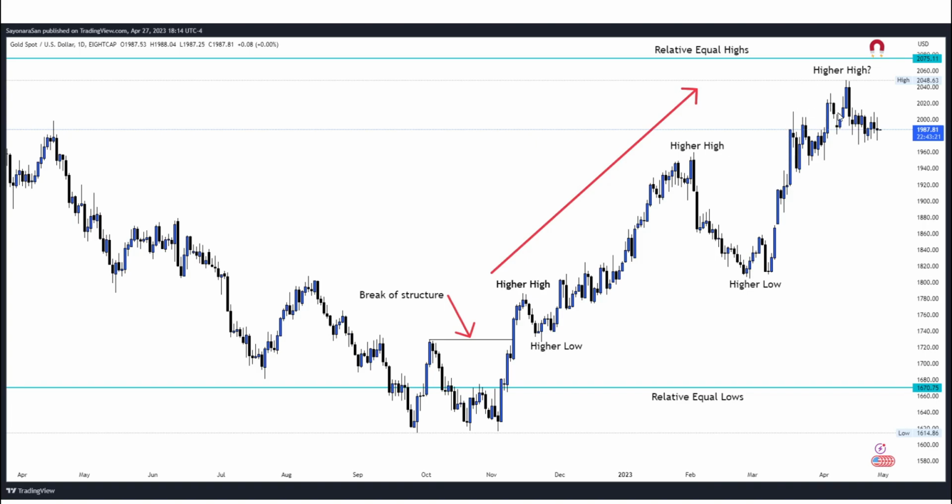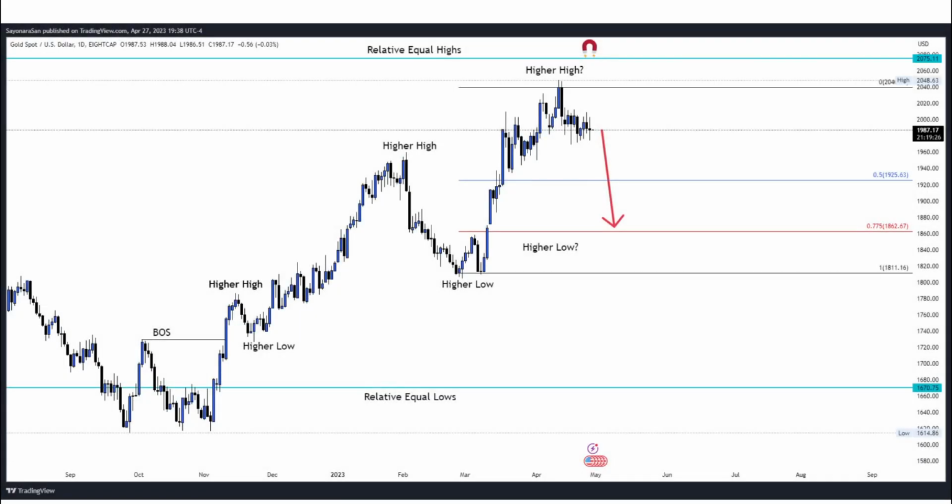This is where I can begin to speculate on what price would like to do. So, looking at the information we have now, I'd want to see price create another higher low before continuing the move that gives us a higher high, which looks like it would reach our objective of 2075.11. And so now I can speculate on price objectives for the retracement using the framework of this previous high, being the higher high, and building a dealing range using it, putting our long-term objective at 1862.67, the optimal trade entry for this dealing range.